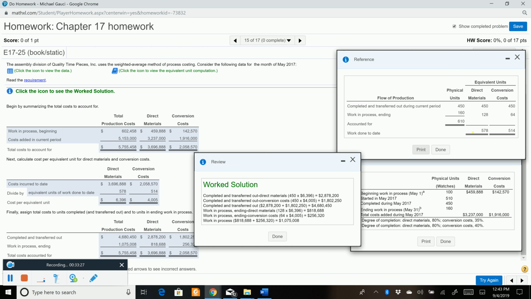And lastly, conversion costs. The equivalent units for conversion costs for ending WIP was 64. Multiply that by our cost per equivalent unit of $4,005. That gives us 256,320. So if we add down here, we do the math, we've accounted for the full